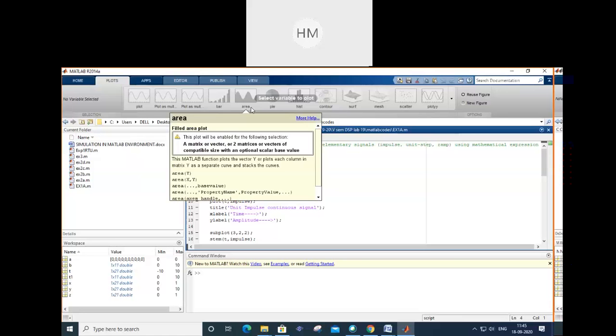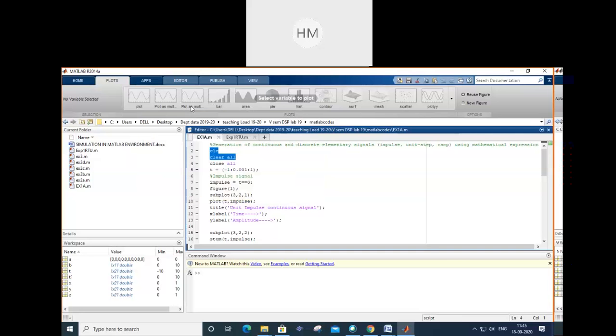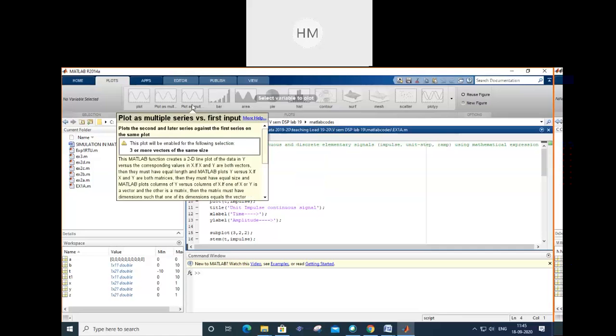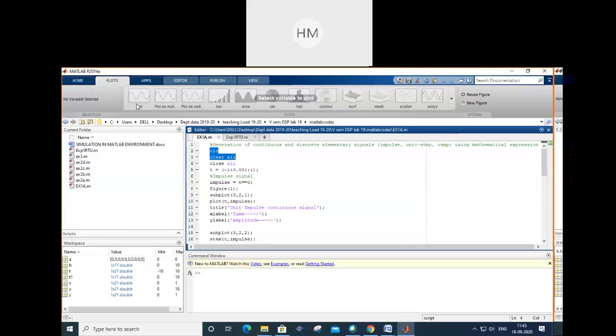You can get a separate curve. You can get a bar chart directly. Clear? Bar. Multiple values you can plot. These are the simple plots. There are many options in MATLAB.